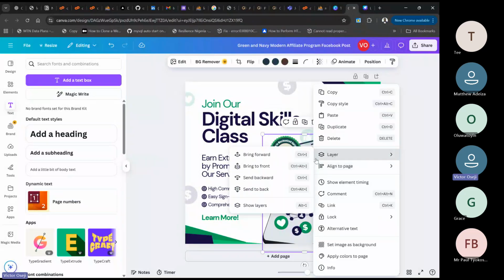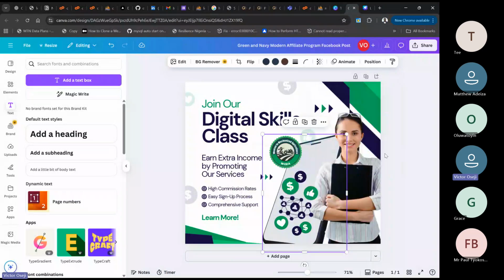Okay, so once you are done, and then again, you would only be able to see, when you're exporting, when you are saving this document for export, it's only going to show you